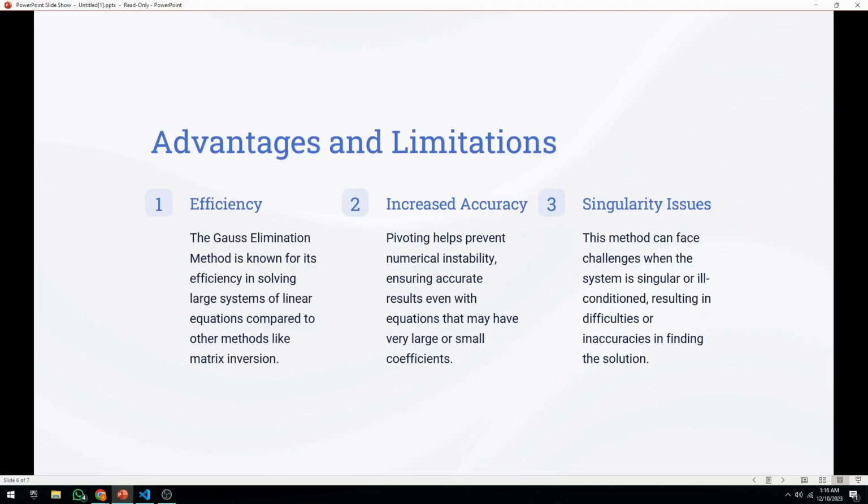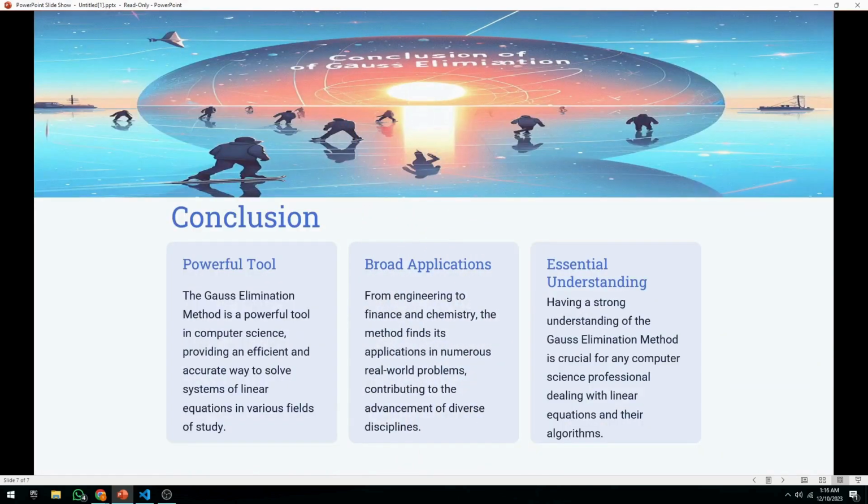Basically, it helps prevent numerical instability, and then in limitations, we have singularity issues. This method can face challenges when the system is singular or ill-conditioned. Then, if we talk about the conclusion, I can say the Gauss elimination method is a powerful tool in computer